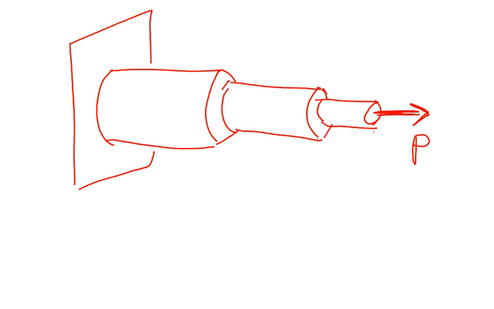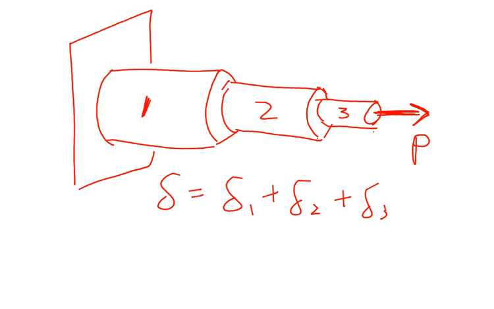What you can imagine is, if you pull on this free end, then let's call this rod 1, rod 2, and rod 3. Rod 1 might stretch by some amount, 2 is going to stretch by some amount, and 3 is going to stretch by some amount, right? So you could say that delta, that's the overall deflection, is equal to the deflection in 1 plus the deflection in 2 plus the deflection in 3. And what that means is